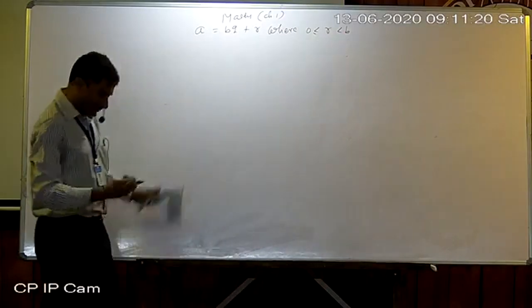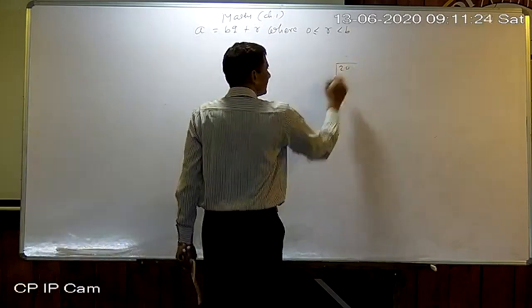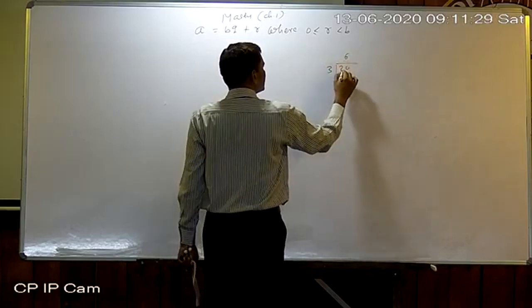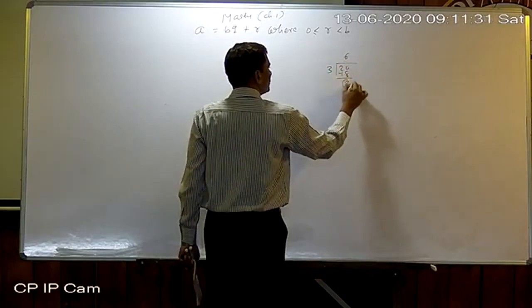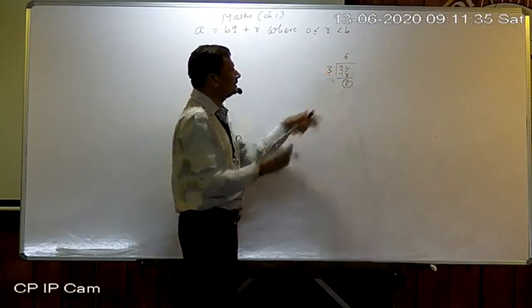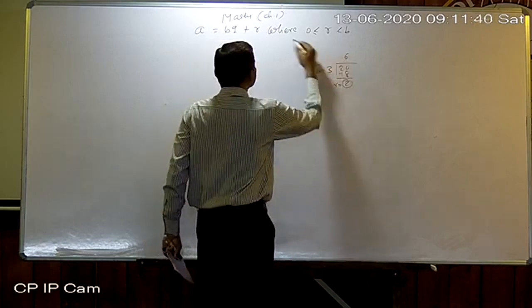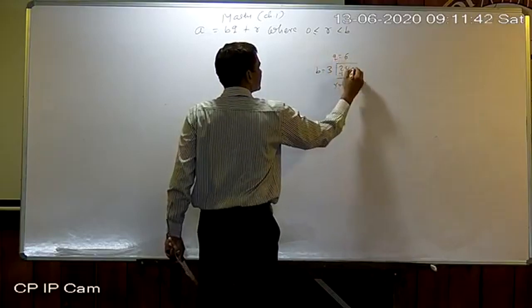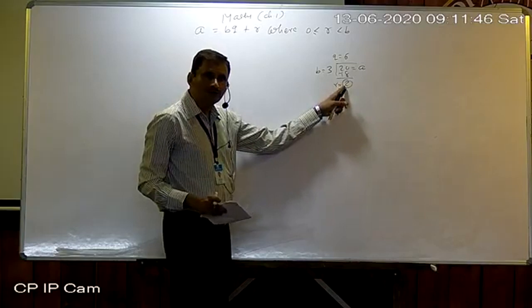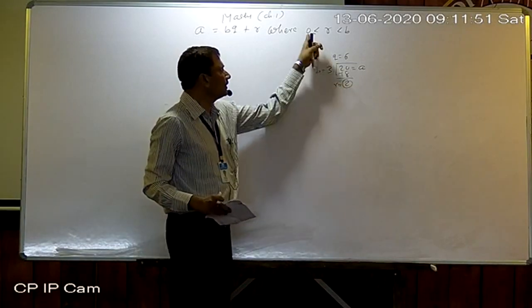I will give you one example. Suppose any number, suppose 20. 20 is being divided by 3, then 3 sixes are 18. So 2 is the remainder, R is 2. So it is less than B. B is 3, R equals 2, Q equals 6, and this is A. So the remainder will always be less than B and greater than or equal to 0.